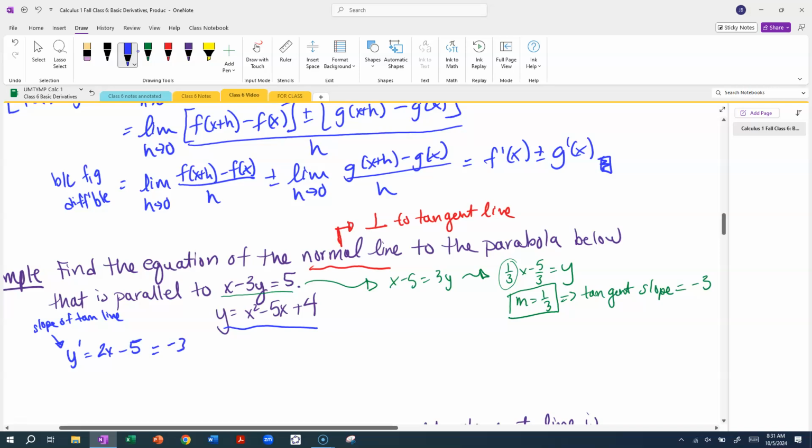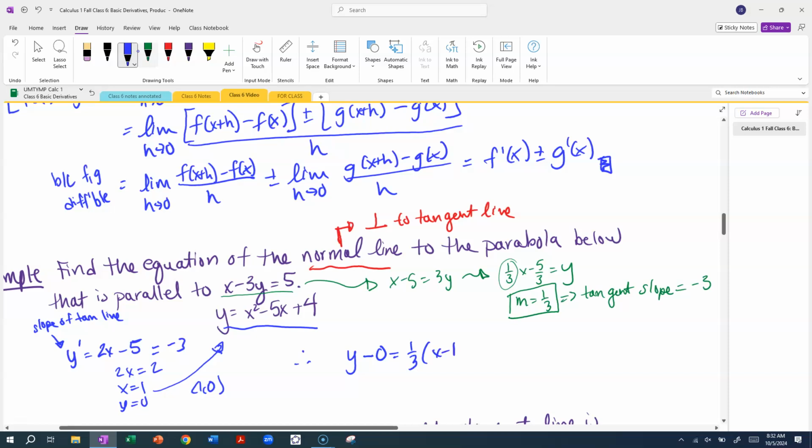Because of the tangent slope that I have over here. So then let's say I get 2x is equal to 2, x is equal to 1. And then if I put in 1, I get 1, -5 is -4, and then 0. Okay, so I get the point 1 comma 0. Okay, so then therefore, my line using point slope form is going to be y minus 0 is equal to